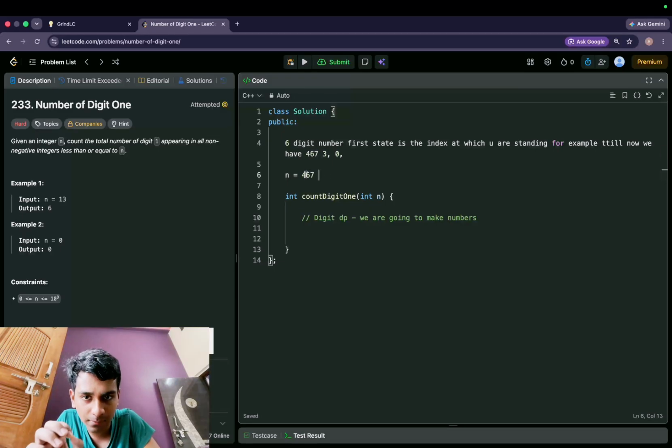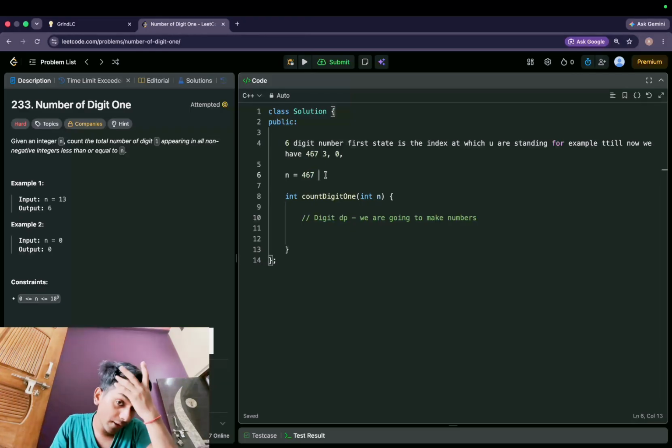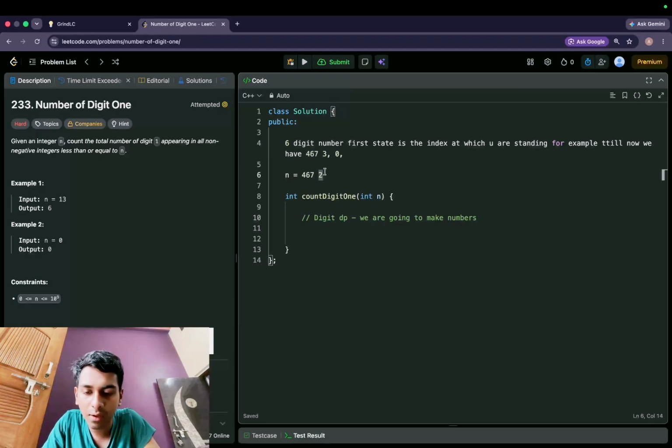So you cannot choose any number greater than 4 on the first digit. You cannot choose any number greater than 6 on the second place, and you cannot choose any number greater than 7 on the third place. That is tight. And if you have broken the order, for example, if I'm writing 2, then I don't have to follow the limits. For example, if the first digit I chose was 4, then I have to choose the second digit smaller than 6. Because if I choose a digit greater than 6, for example 7, now my number is going to be greater than 467, because whatsoever I choose on the third position, for example 0, 470 is greater than 467.